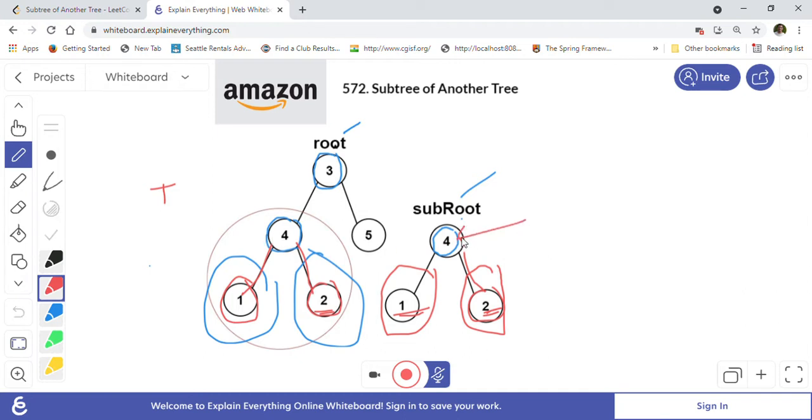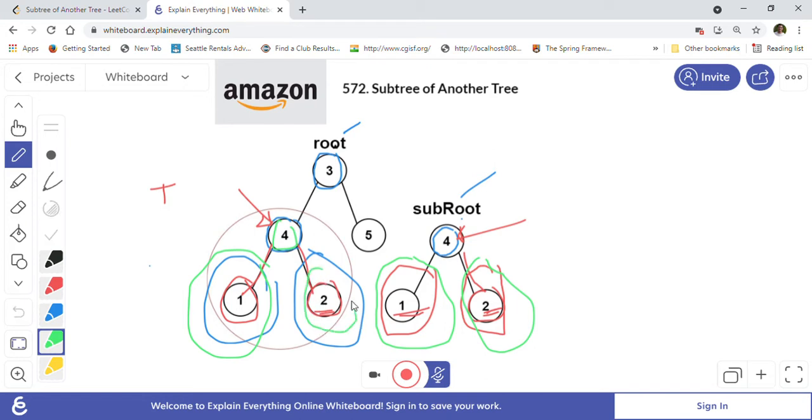Once we find the root value which is same in the given tree, then we will have to make sure that the left side of this tree should match the left side of the node that we found, and the right side of the tree should match the right side of this node that we found. So if all the nodes are matching, then we can just return true, that this subtree is present in the given tree.